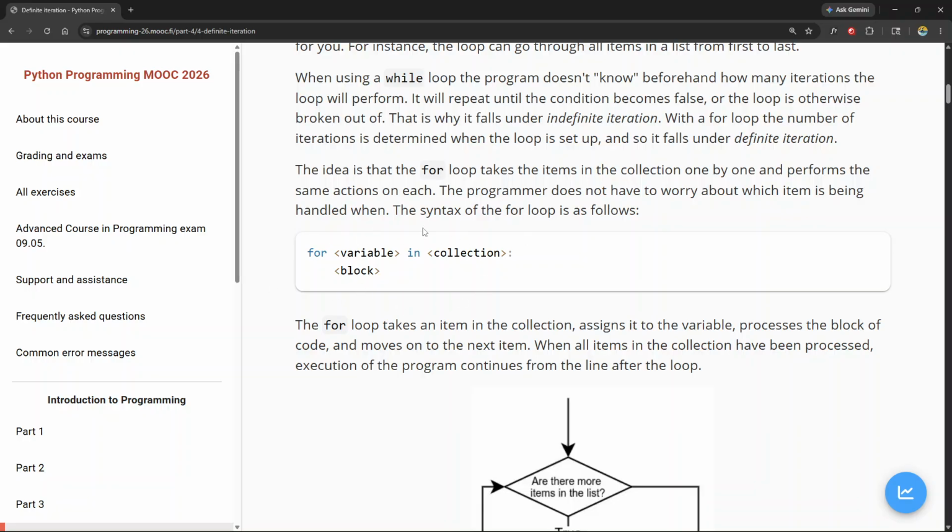So this is the anatomy of a for loop. So we say for variable in a given collection, then do something with it. So for example, if we were looping through a list, we could say for item in list, right? We'll put our list name here. So for item in my_list, then do something to it. So we could print that item. We could,